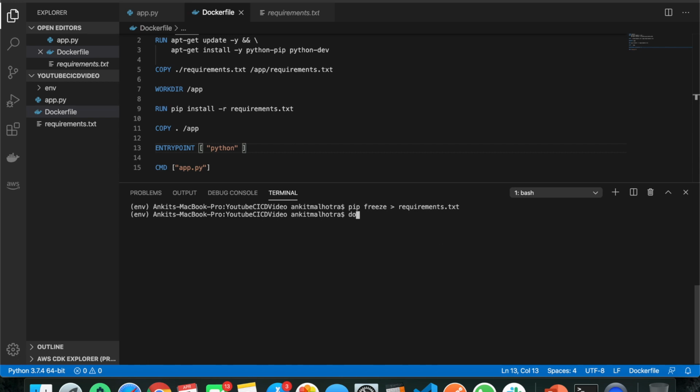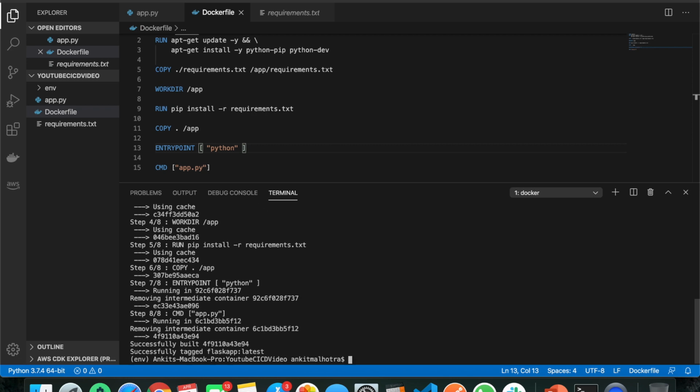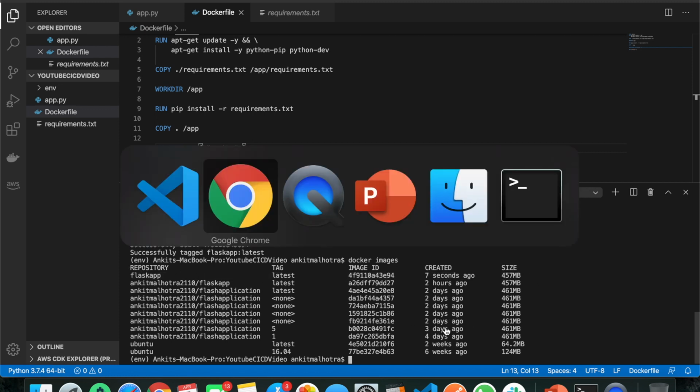Now we have to build this. So docker build -t flask app will be the name of our image. So image is building. Now this is ready. So if we go and check Docker images, we can see 7 seconds ago we built this Flask app. Now we have to push this